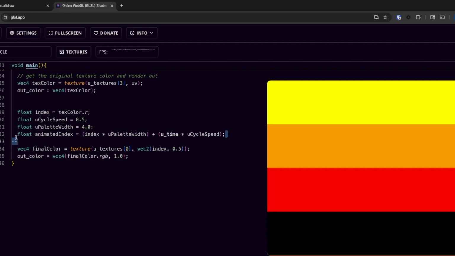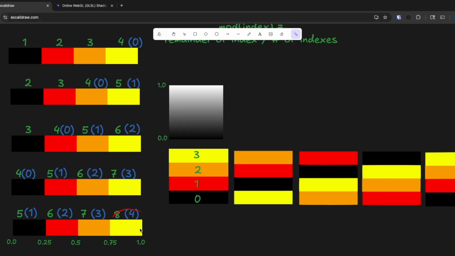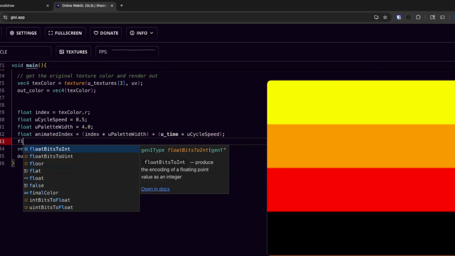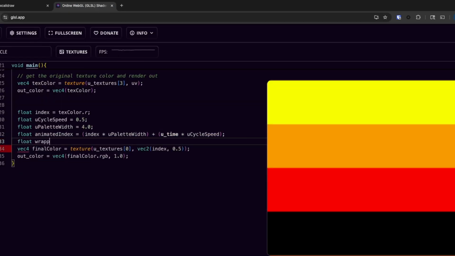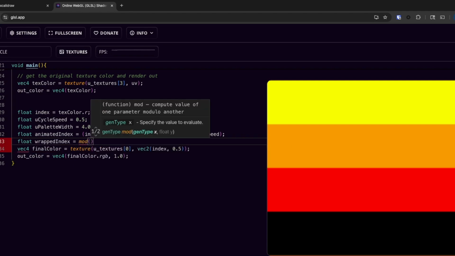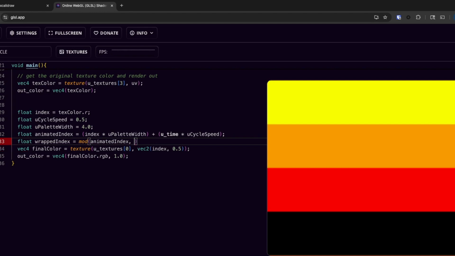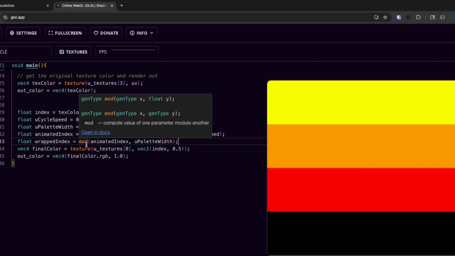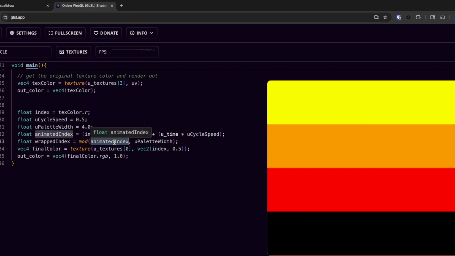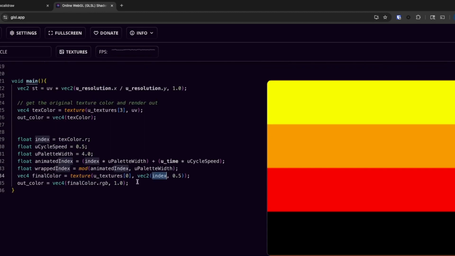So now for our index here, since we're multiplying it by our offset, we need to make sure once our index goes outside the bounds of our array, we wrap it back around. To do that, we'll make a new float. We're going to call this wrapped index. We'll set it equal to, we'll use mod. So we'll take our animated index, and then we want to do our palette width. And so our mod function is going to give us the remainder when we divide our index by our palette width. Finally, when we calculate our final color, instead of doing our index, we'll want to take our wrapped index,